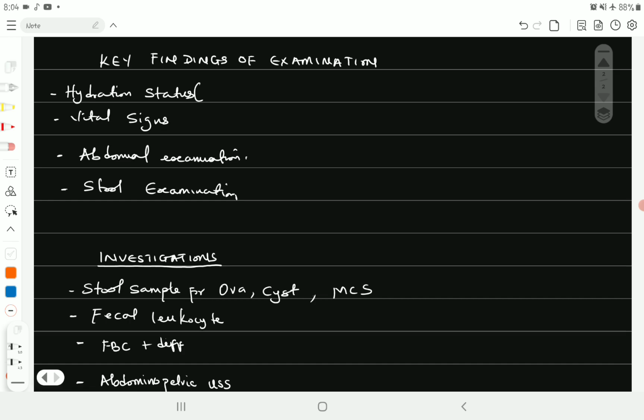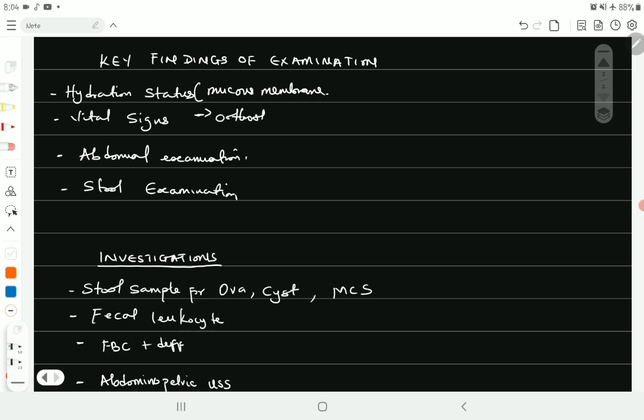The hydration status of this patient is very important. There you are looking at the mucous membrane, to be sure, is it dry? Is it wet? You also assess the vital signs too: the temperature, the pulse rate, the blood pressure. They can actually have something they call